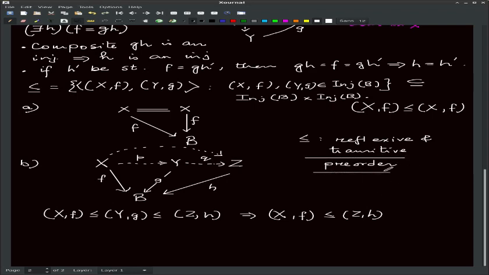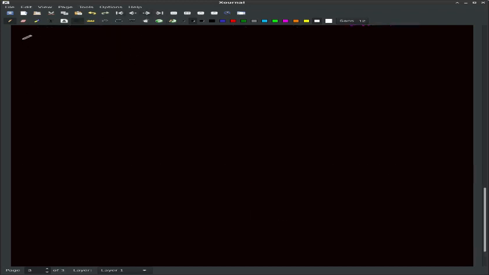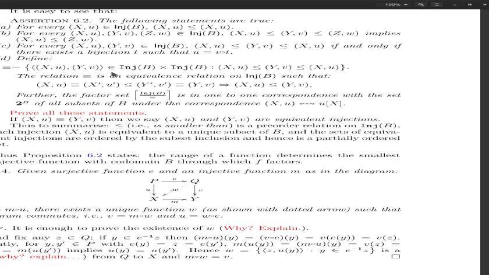So this is a pre-ordered relation on injections. Now for a partial order, you have to speak about the antisymmetry, but that is where it fails. So that is exactly part C, which says that